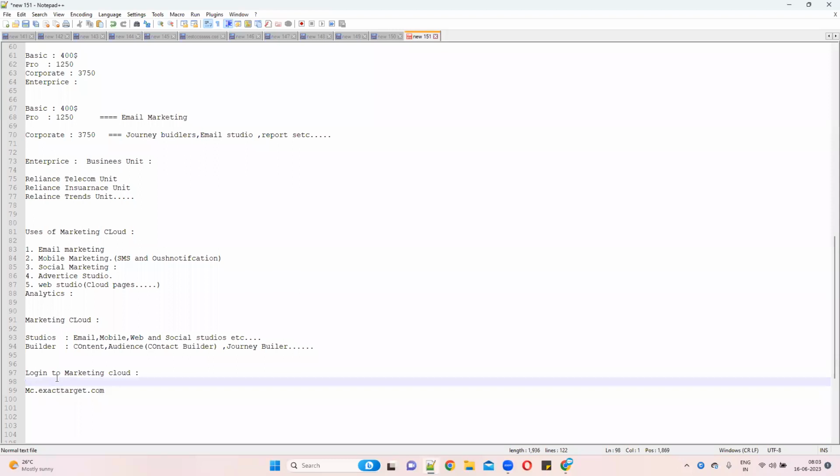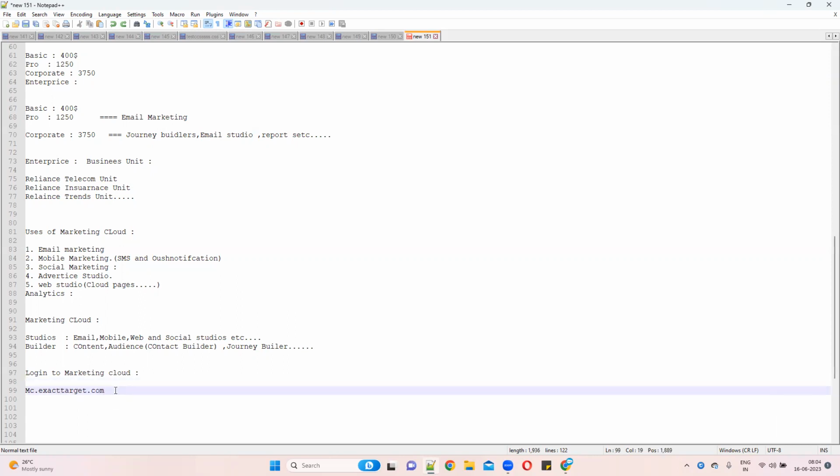Okay, no problem. In Salesforce, normally there are different orgs: sandboxes and production. Production is real-time data. We use sandboxes to develop new applications, test your applications, and for UAT testing for the end users. But in Marketing Cloud, we don't have that. No sandboxes and all. We have only one org, called mc.exacttarget.com. Here you can create multiple business units. Even if you want to test, you can create multiple business units and test, then move all those things to the original business unit and share all the content. Clear? Sandboxes are not available in the Marketing Cloud.